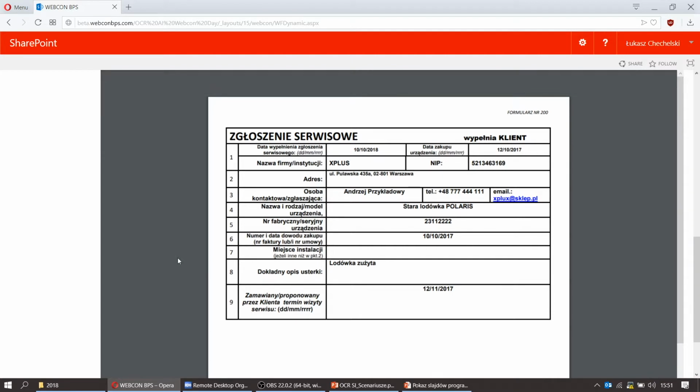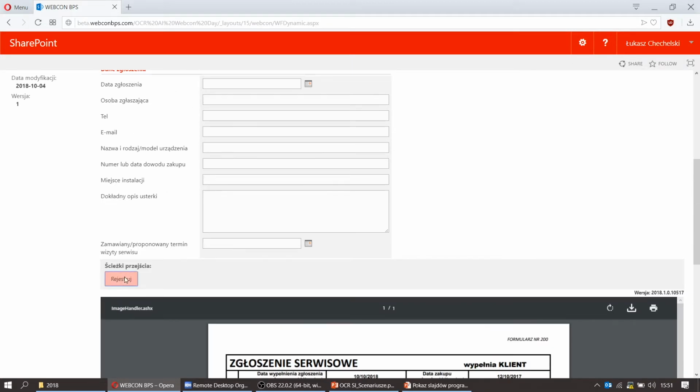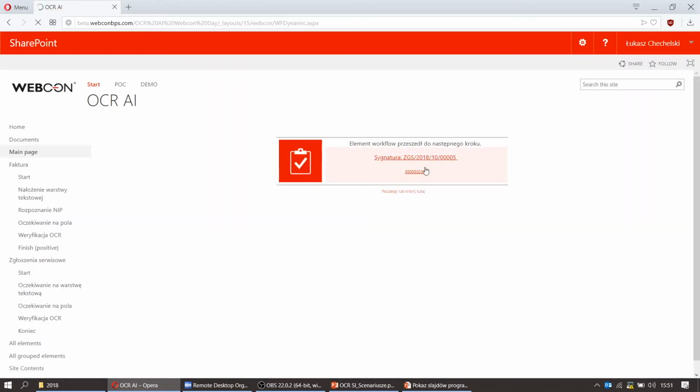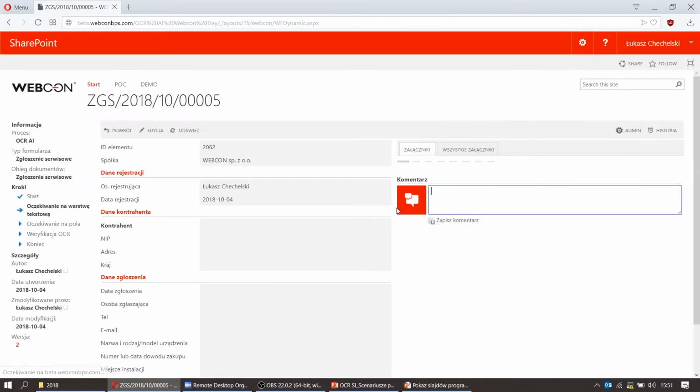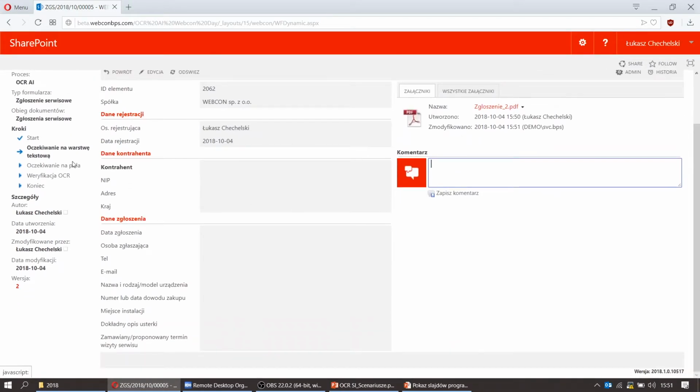Service request in the form of a simple table with data on some equipment that will be serviced. I will send this document to the system. And please note that here there is no intermediate step, there is no step that says waiting for tax ID,